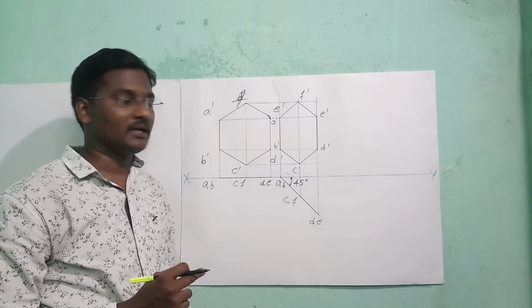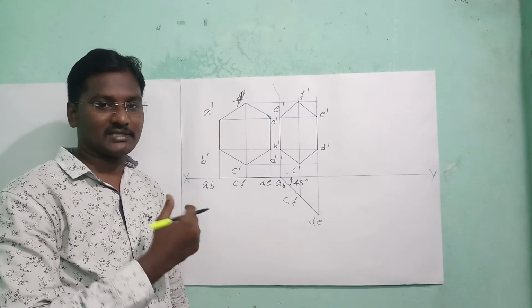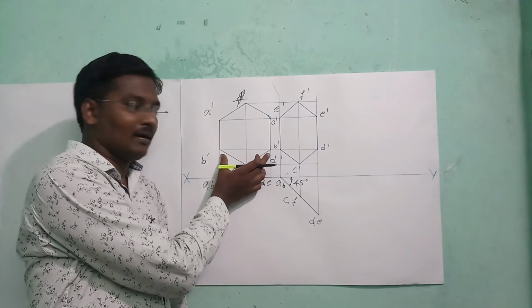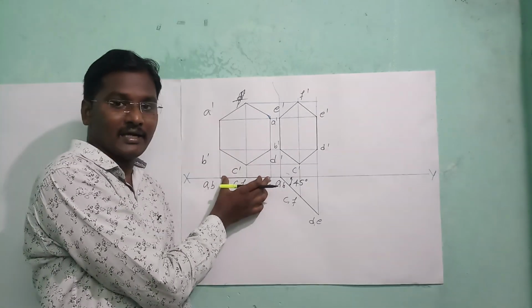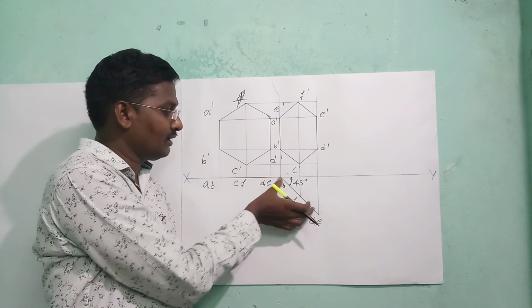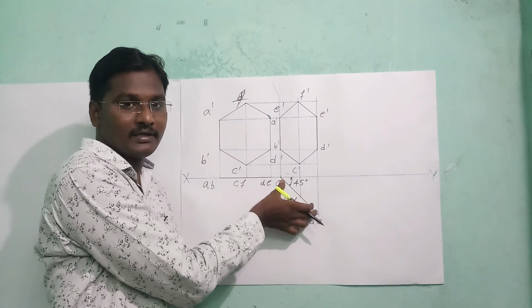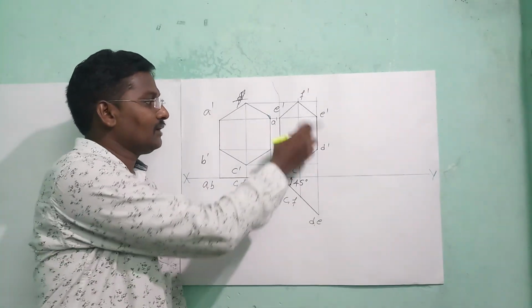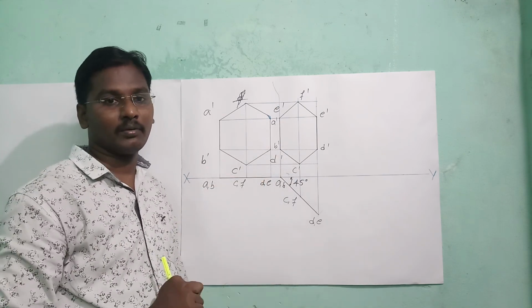So this is the problem of condition B, which is a plane inclined to vertical plane and perpendicular to the HP. Suppose in this case you may be asked a circle, pentagon, whatever the problem may be. The polygon has to be constructed here and the straight line on the reference line. On that straight line we have to take the angle given in the problem, and by joining the projection lines we can construct a diagram which is the final view of the given problem.